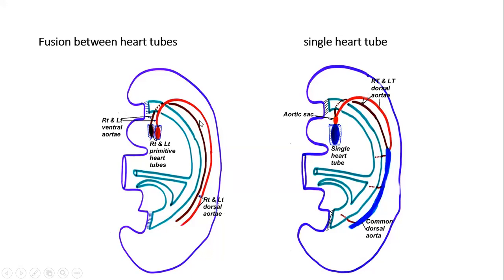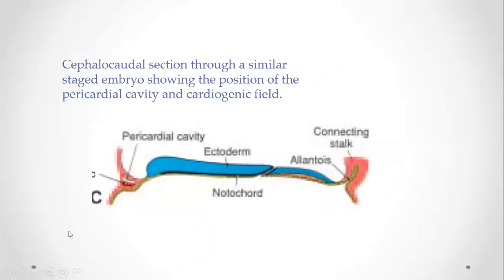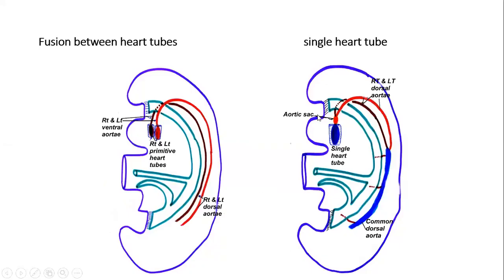When the embryo bends, folds, then the heart tubes will come forward. So initially they were above, as I said, on the top. Now they are coming down. So here is the diaphragm, which will be above that, so that will come below. The heart will come below, and the diaphragm will go below that. Okay. So now the cardiogenic area is coming down, as well as these primitive aortas are also getting bent.